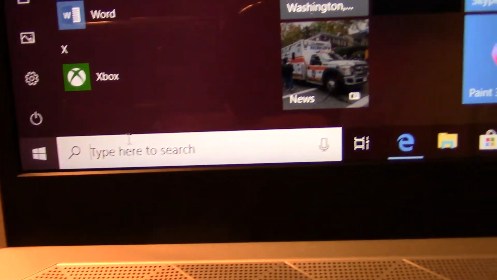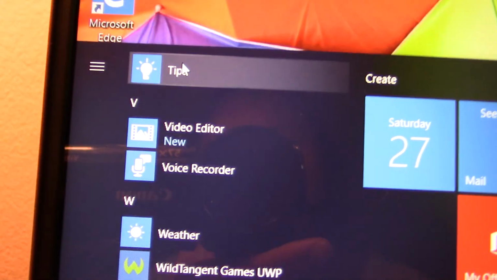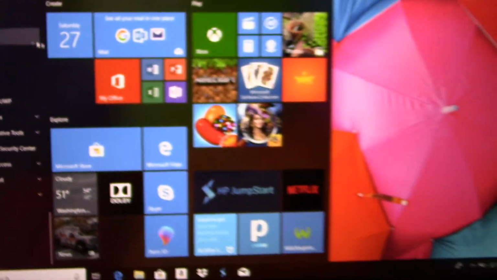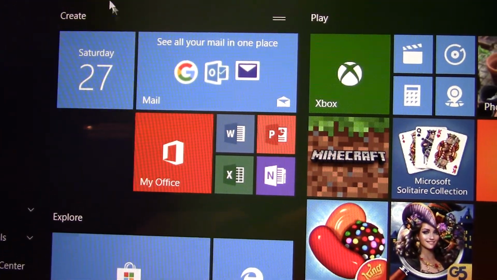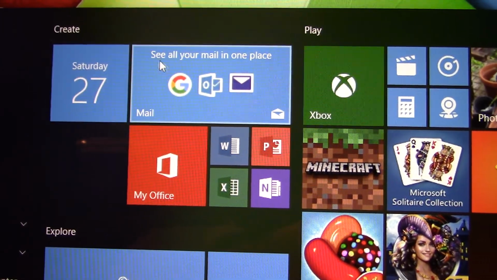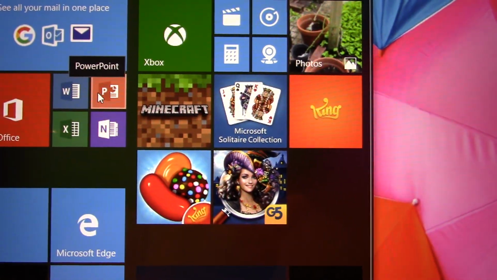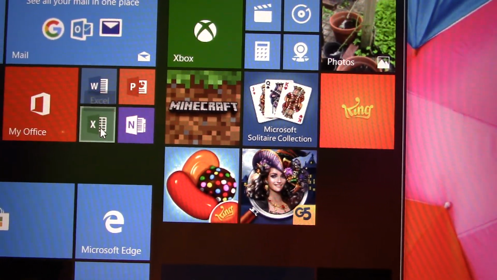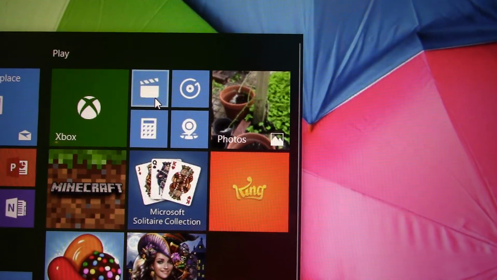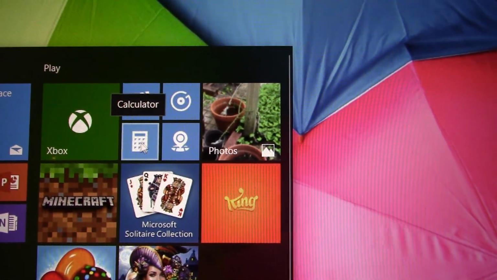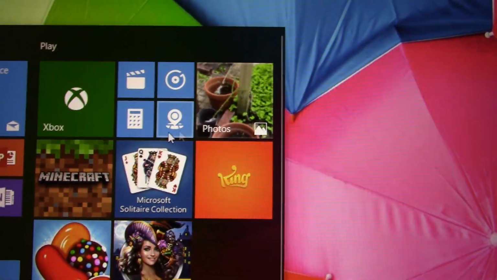And if you want more and it's not in there, just type here to search for anything you need. And then there's the tips, and here on this side you can see create calendar. Under the section create calendar, see all your mail in one place, My Office, and this one is Word, PowerPoint, OneNote, Excel. On this side is play, all these games, Xbox, movies and TV, calculator, Groove music, maps, photos,